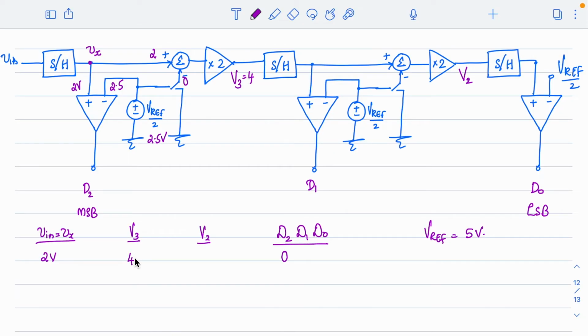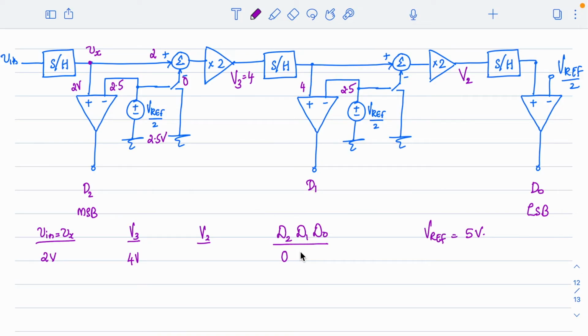So I can write this as 4 volt. So V3 will be 4. Now again this will be processed by the next stage, right? So V3 will come here as 4. Now 4 will be compared with what I have here, which is 2.5. Now 4 will be compared with 2.5 and as a result of that what I will get will be D1